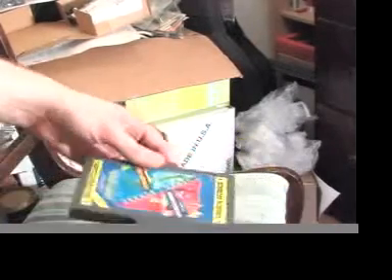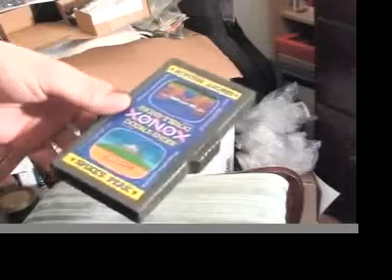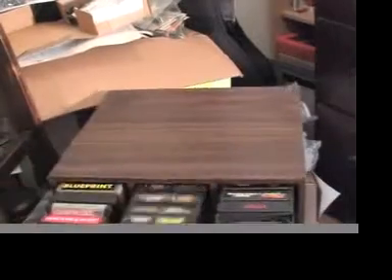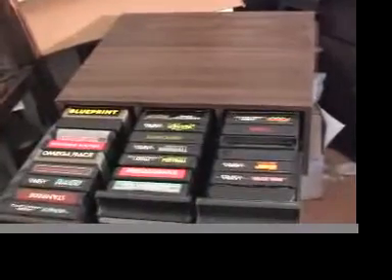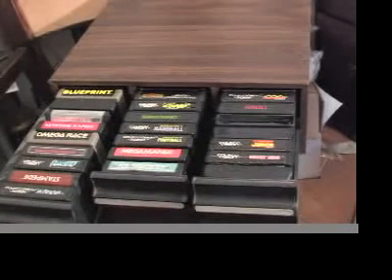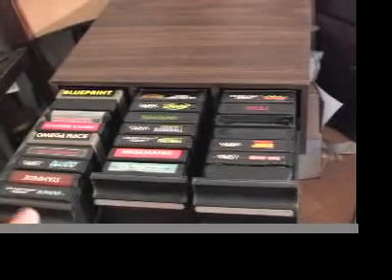Okay, these are the double-ended cartridges, sort of rare. Chuck Norris Super Kicks and Artillery Duel. Ghost's Manor and Spike's Peak, made by Zonox. Okay, here's the second treasure chest of Atari and Colecovision games. I want to start with